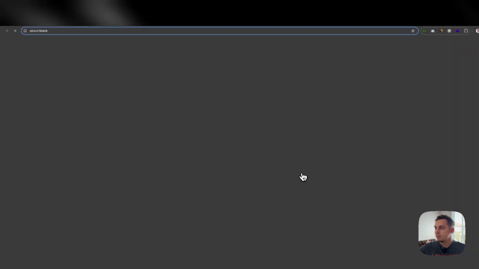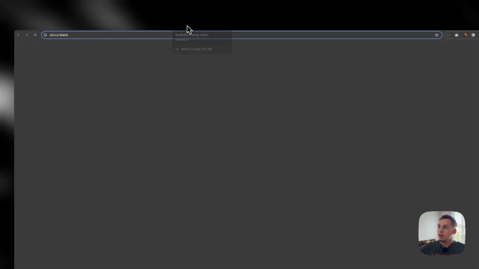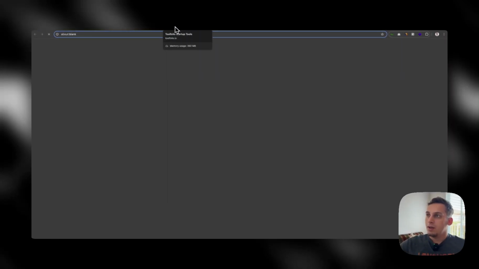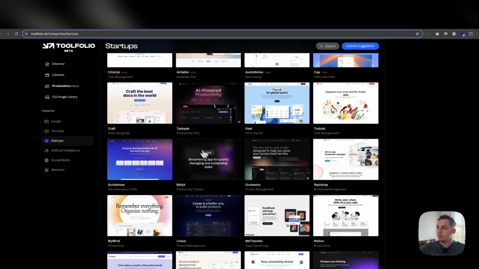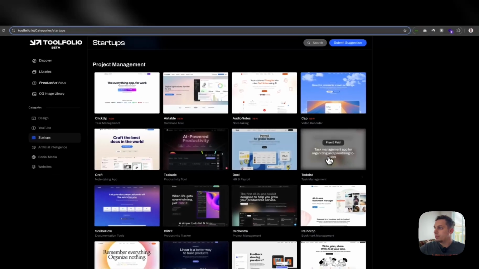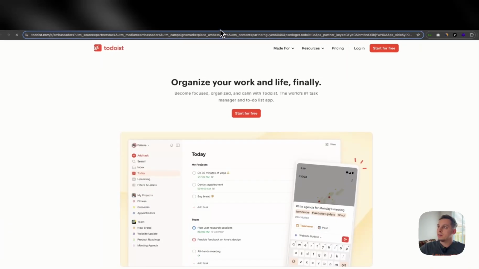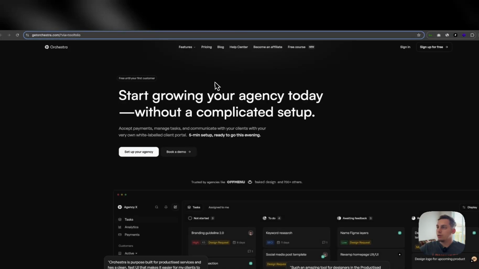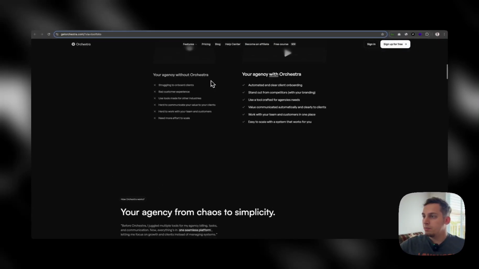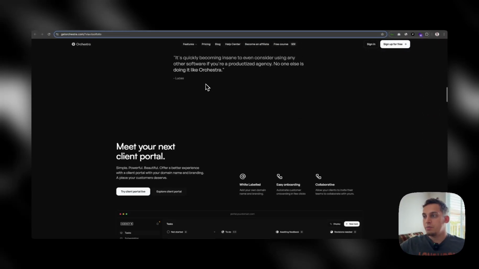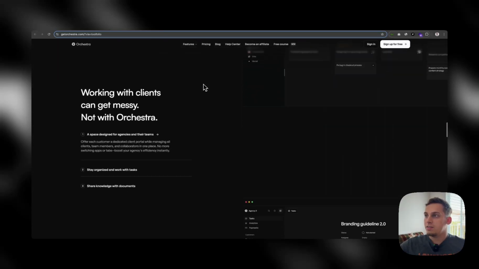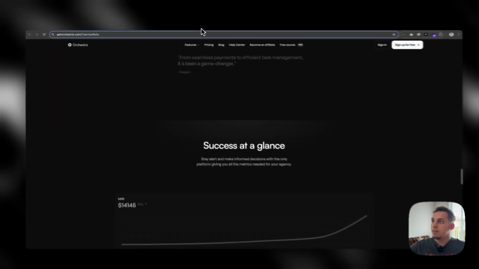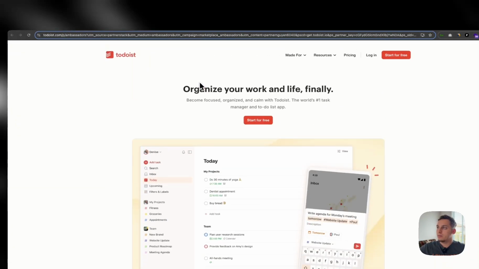This looks very nice. Click on Orchestra and it takes me to a new tab. And I mean, while that loads, we can look at another one. So for example, this one looks very nice. Okay, so Orchestra loaded already. And you can basically look at all of these different startup websites. Most of them have very nice design. So this is a great way to find some inspiration, right? This is the other tool,